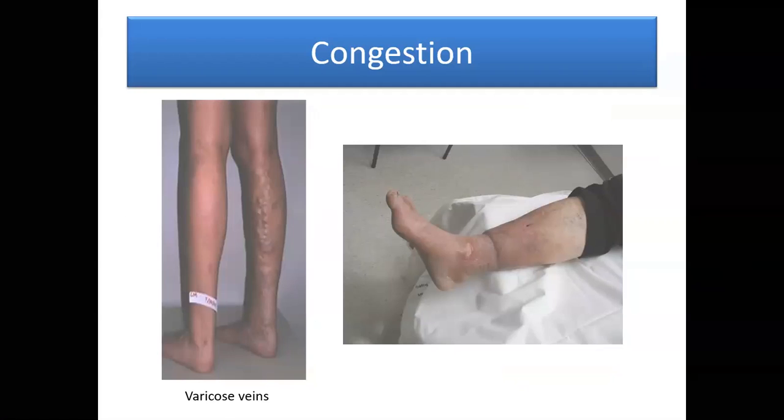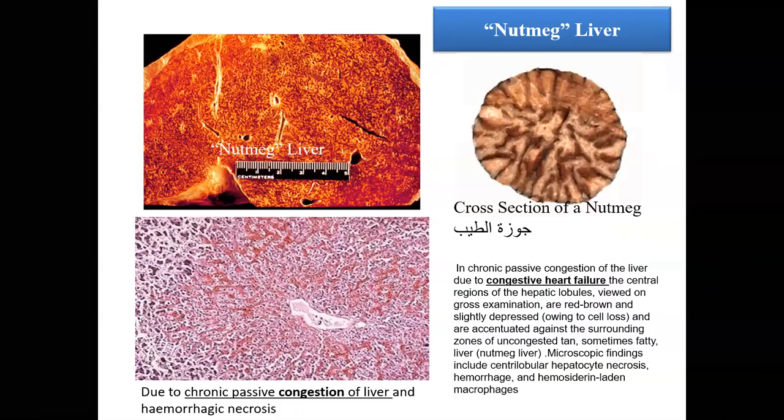Remember in the previous picture, the picture was red. Over here, the picture is blue. Why? Because that was arterial blood and this is venous blood. Why? Because the problem is in the veins. Understood? Easy? Moving on. Now, this one can happen also in congestive heart failure in some patients, not in all